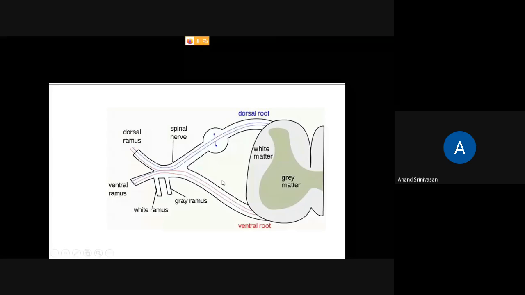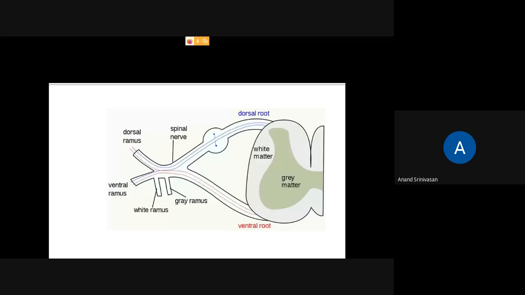The person can feel, but he cannot respond. He cannot move the hands. That is, he is paralyzed. Now, if you see the dorsal ramus and ventral ramus, the dorsal ramus contains both sensory